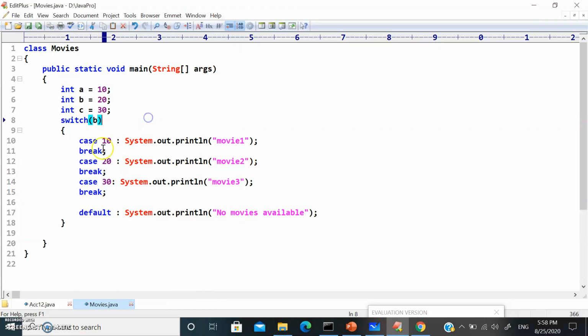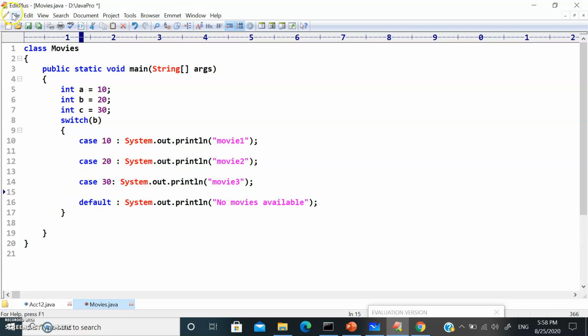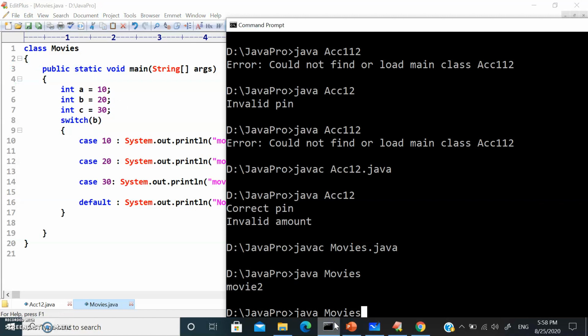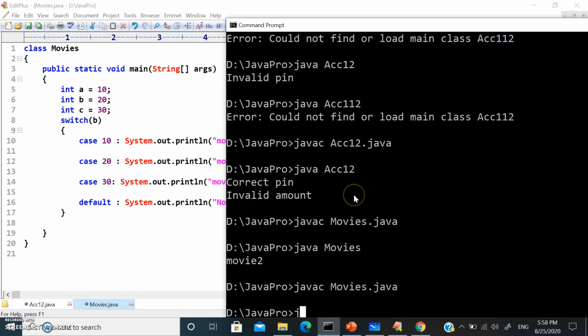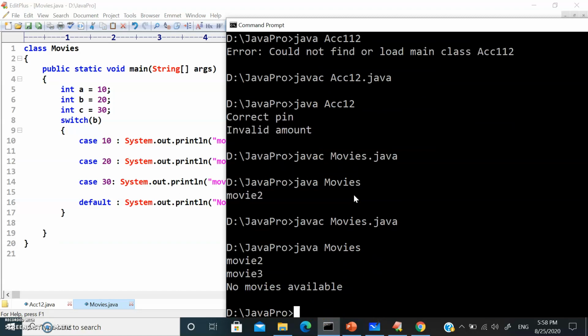Now let's remove the break and see what is happening. Let's see what is the difference. Save the program. No error, perfect. Java Movies. See, it is printing movie 2 as well as movie 3 as well as no movies available.